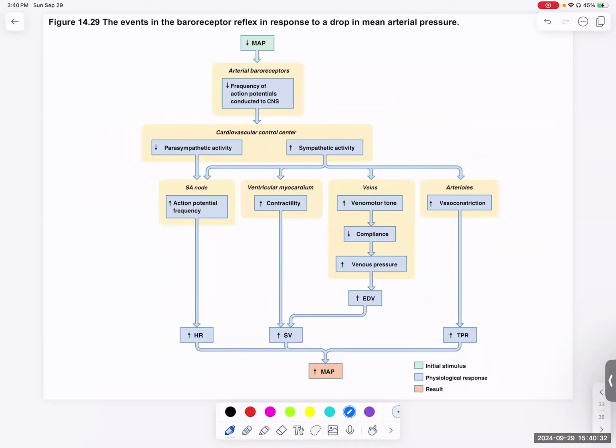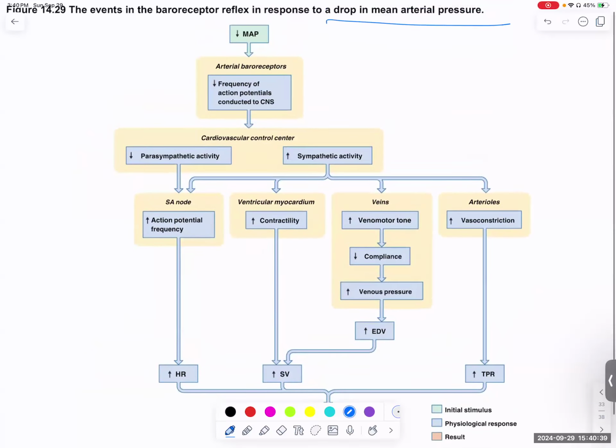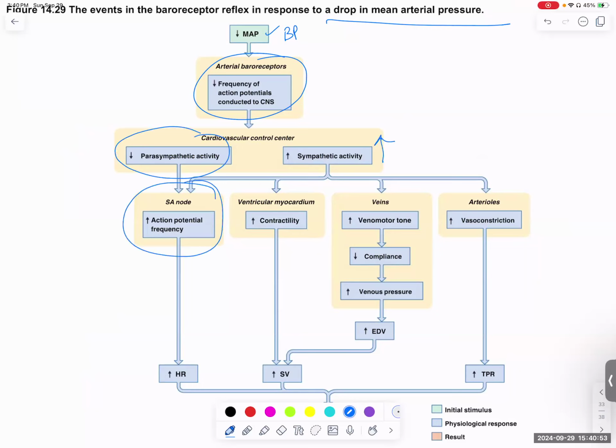Events in the baroreceptor reflex in response to a drop in mean arterial pressure. If you want to look at it in a flow chart, a drop in mean arterial pressure or blood pressure is going to decrease the frequency of action potentials, which is going to decrease parasympathetic and increase sympathetic. Like I said, you're increasing the heart rate. You are increasing the myocardial contraction,